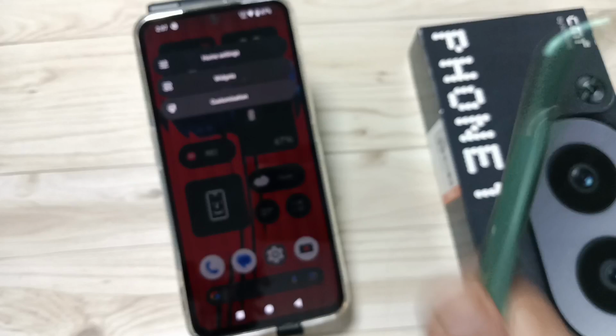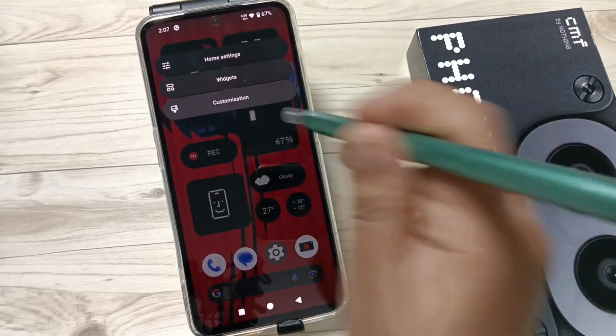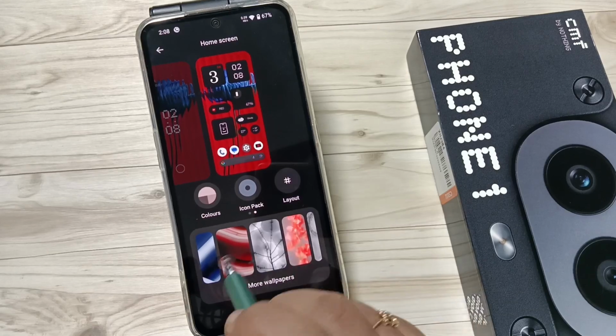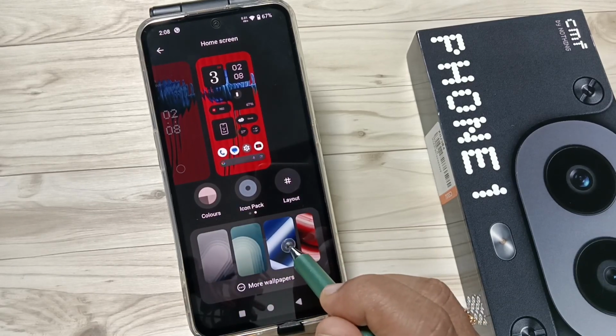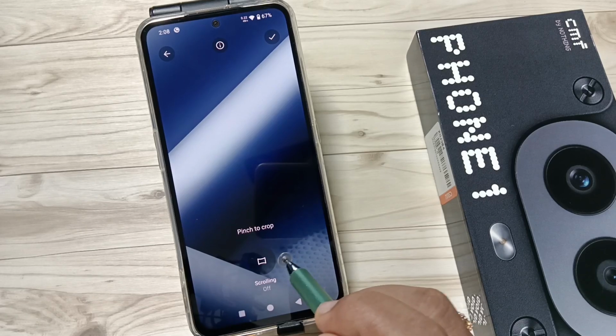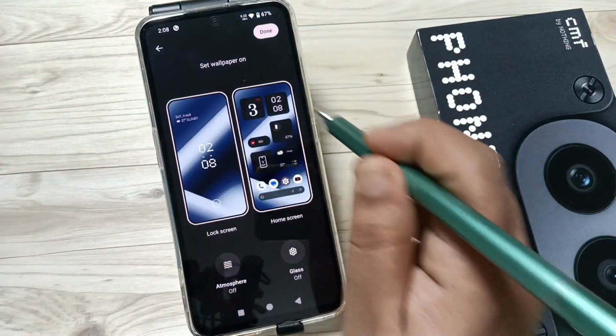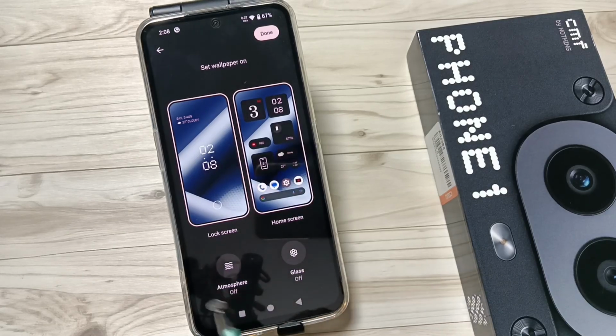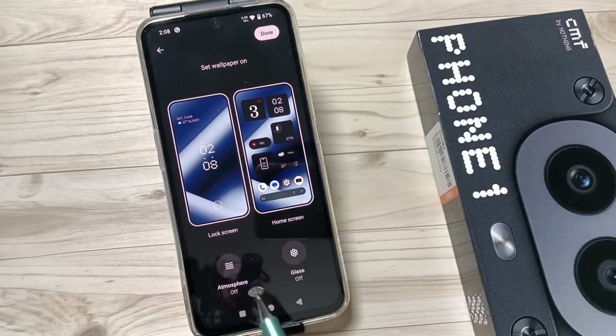Okay, tap and hold on the home screen, then tap on customization, then here you can see wallpaper, and from here you can easily select the wallpaper. So here I am going to select this one. Okay, then tap on the tick symbol, and after that you can see two options, atmosphere and